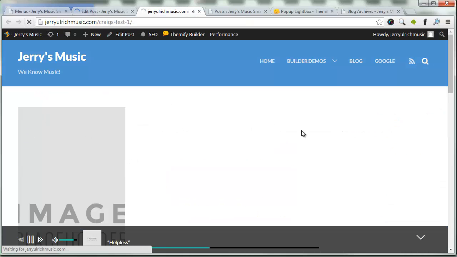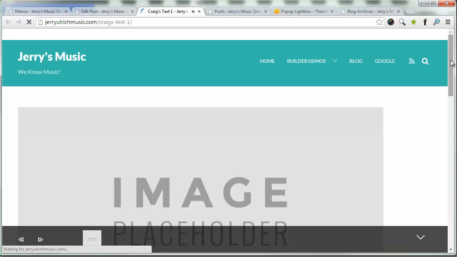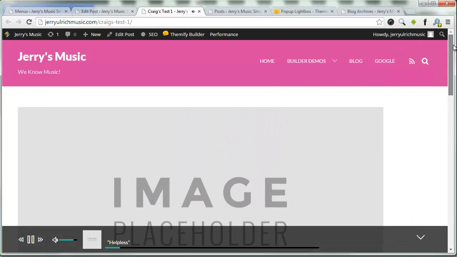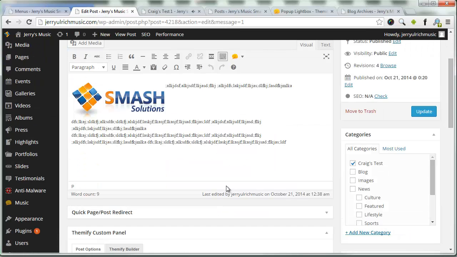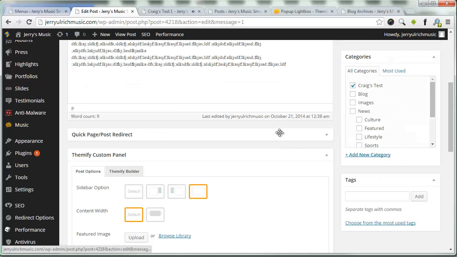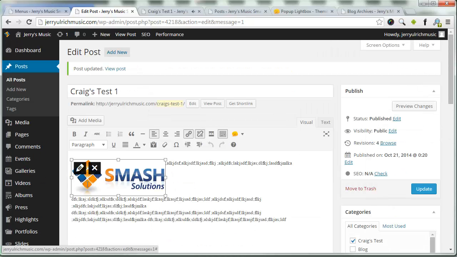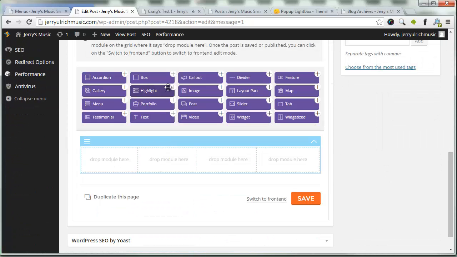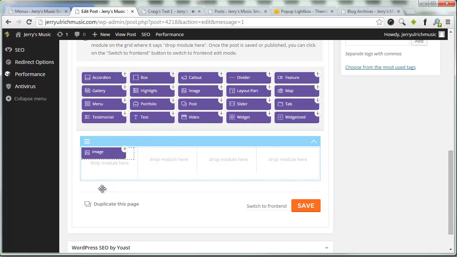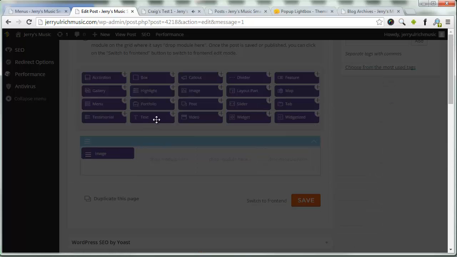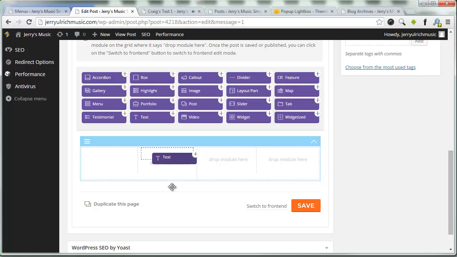Now, if you don't like the full across the screen option here as an opening image for the article, the image above the article itself, then I just suggest not using the featured image, crossing that out, and then only using the image within the article system here. Or if you choose the Themify Builder, adding an image by dragging and dropping image in this location, and then text in this location, etc. And then text in this image location, and then video in how